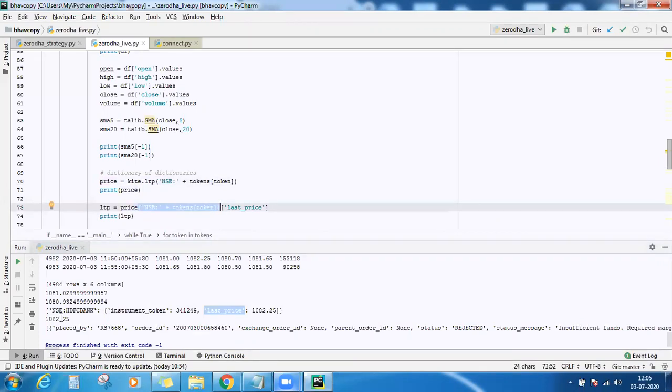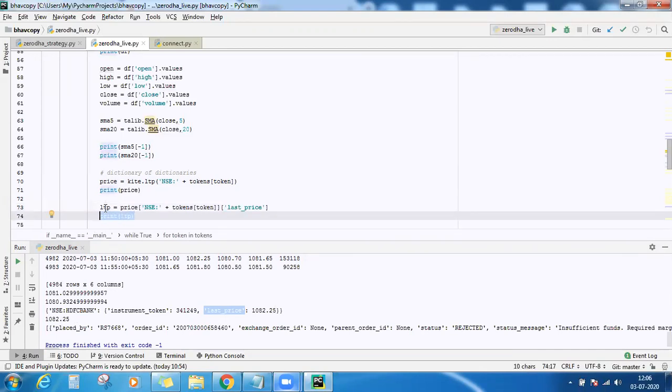So what is the first key? NSE colon HDFC Bank. So this tokens of token contains the stock name and I am concatenating it. So this becomes my key. It refers to this NSE HDFC Bank, and then this dictionary is thrown. Inside that again I need only the last traded price. So again I'll refer to one more key inside, which is last price. Then 1082.25 is returned. So LTP contains 1082.25.